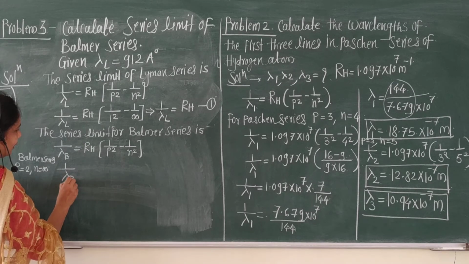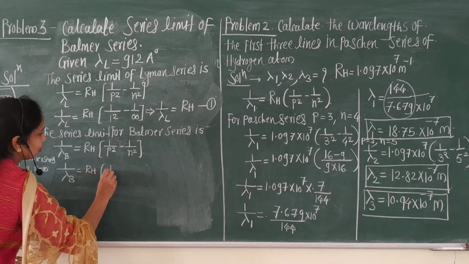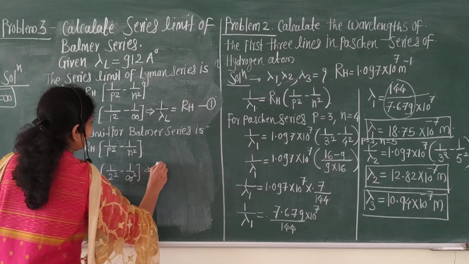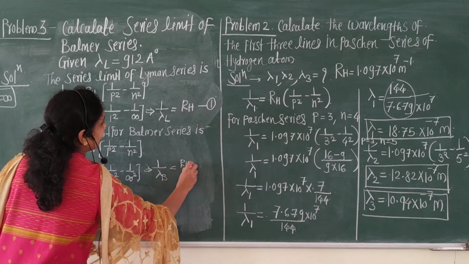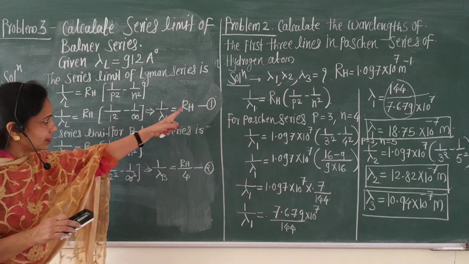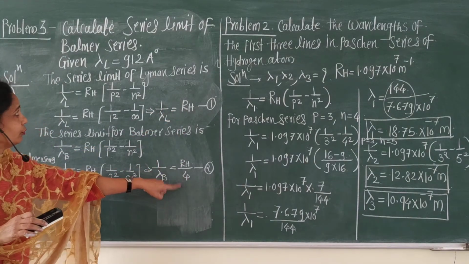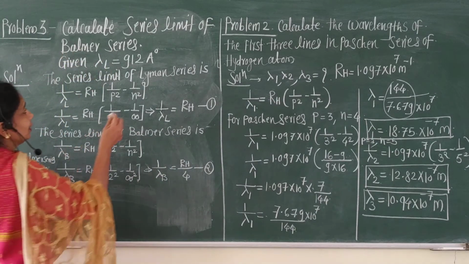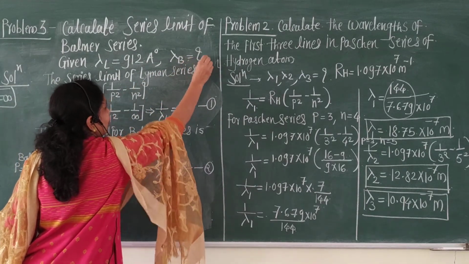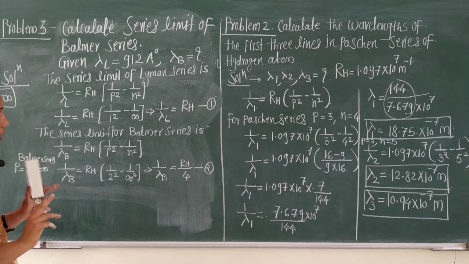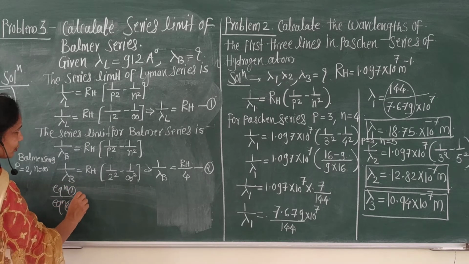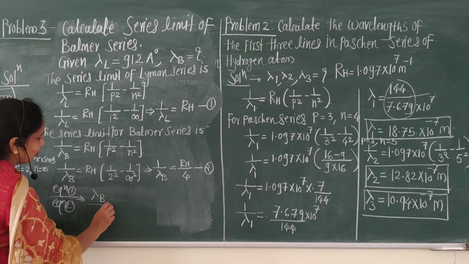Therefore, 1 upon lambda B is equal to RH into 1 upon 2 square minus 1 upon infinity square. Okay, therefore it becomes 1 upon lambda B is equal to RH upon 4. This is equation number 2. Now we have to calculate the series limit of Balmer series. Therefore, our aim is to calculate the value of lambda B. Therefore, equation 1 upon equation 2 gives